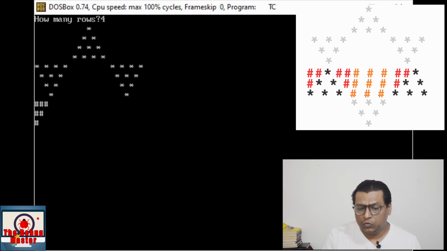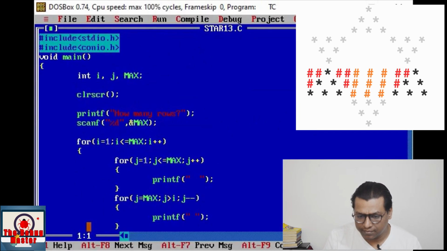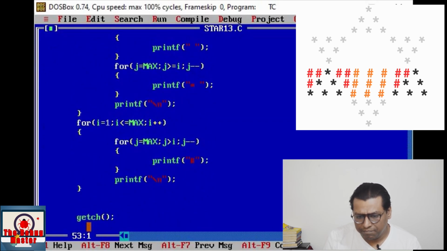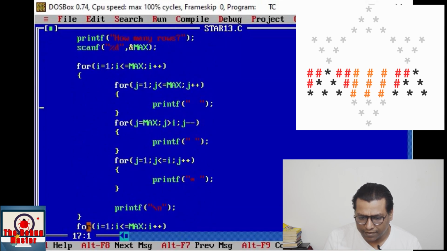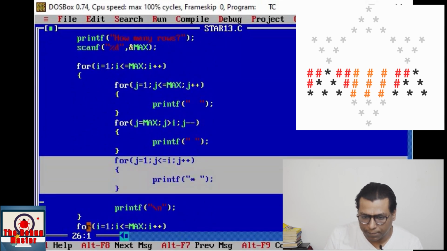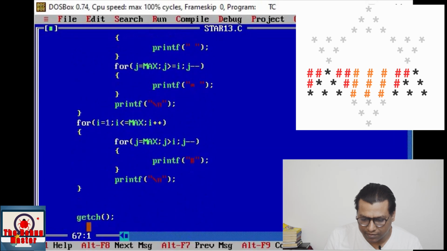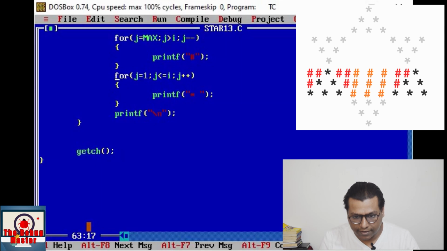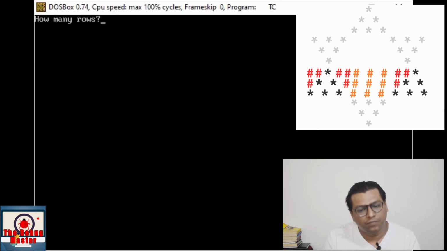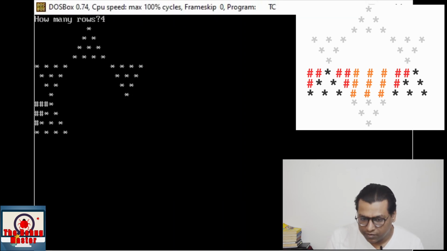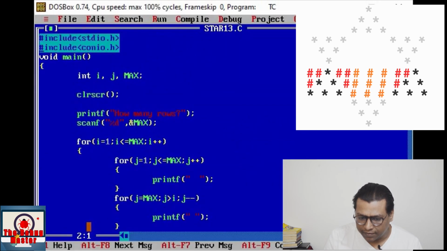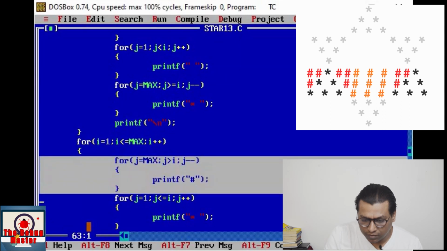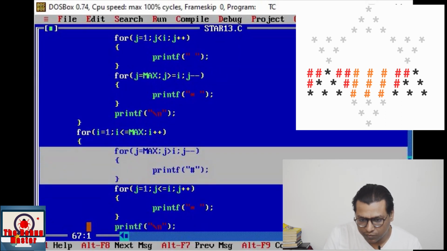Okay, now proceed to print stars. See, can we print the same star pattern? Right, it is the same. So just copy it from the first part and paste it in the third part. Save and run. Got it? Proceed for the next part. Again the hash is same like this one, just copy it and paste it over here.